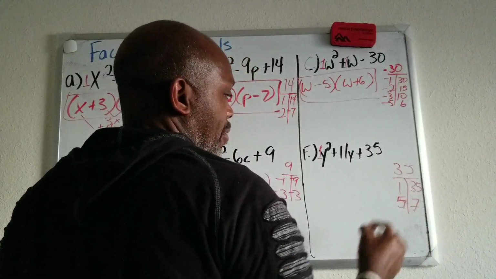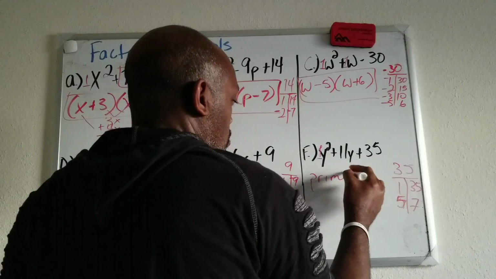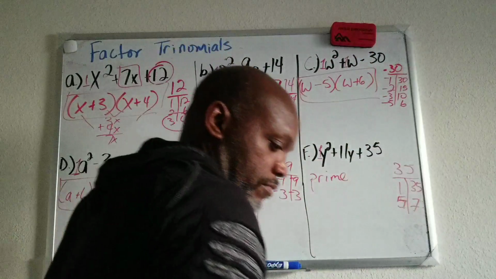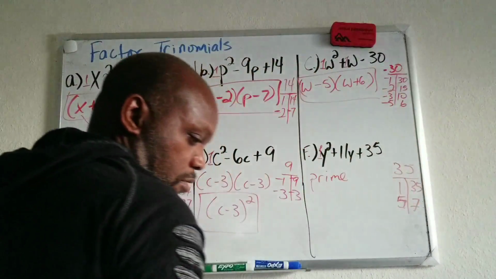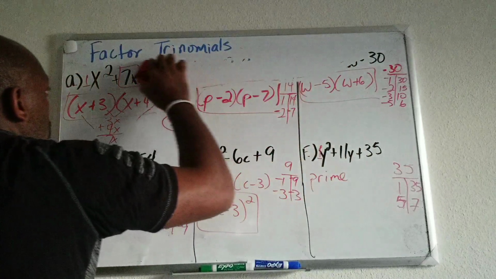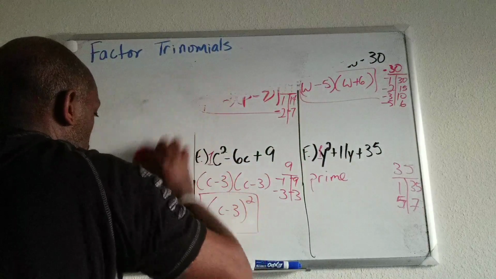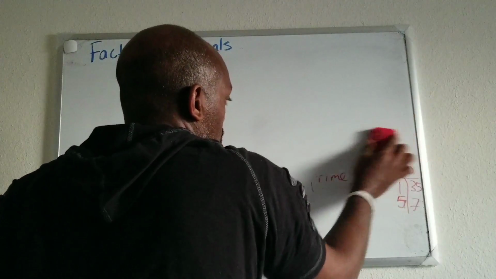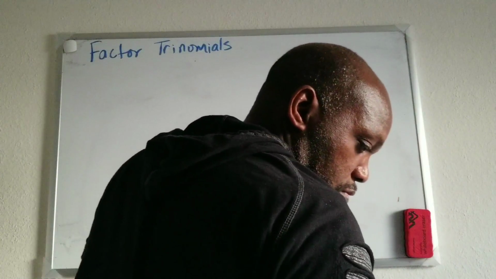All right. There's nothing that adds together to give you 11, so this is prime. All right. So moving on. Now this is the basics of factoring a trinomial, basically. So we're going to solve